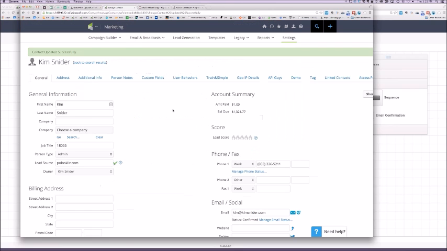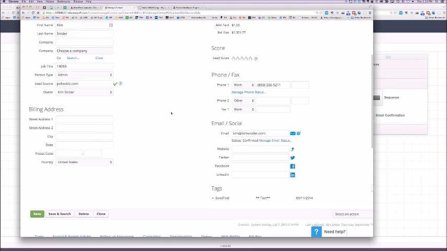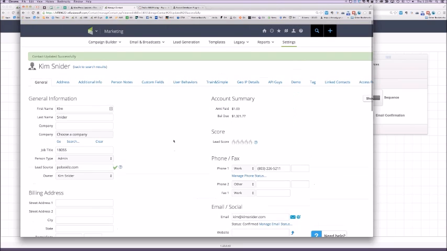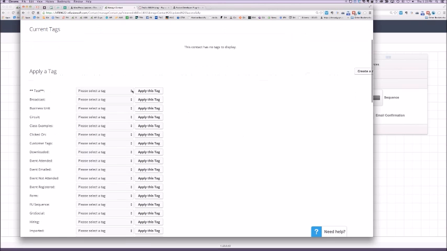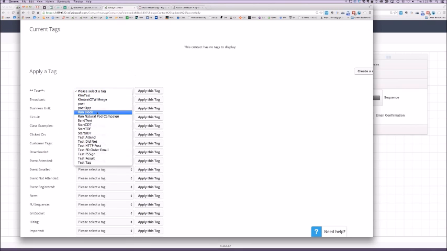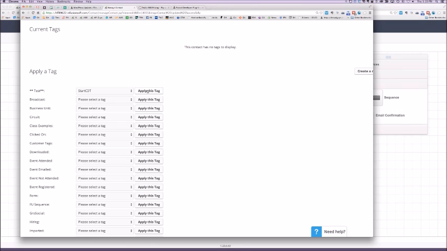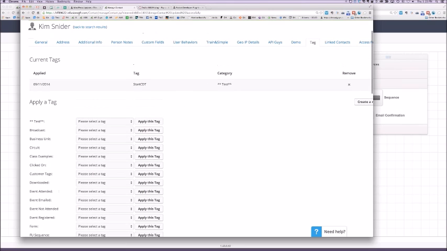I'm going to go over here to me in campaign, and I'm going to apply a tag to me. First, I'm going to get rid of that one because we don't need that. Okay, so I'm going to go over here, and the tag I had set up for that was start custom delay timer. Now remember, that thing's going to wait for 60 seconds before it applies. So what's going to happen is I've applied the tag. If I refresh and I look in the campaign builder,